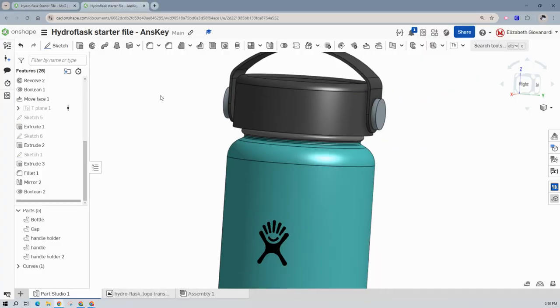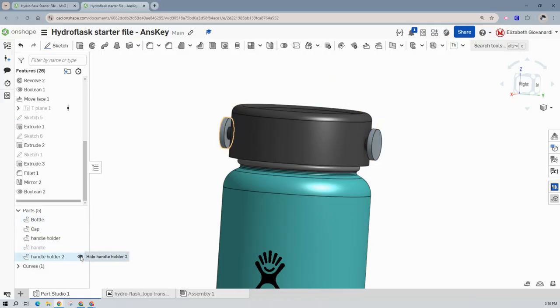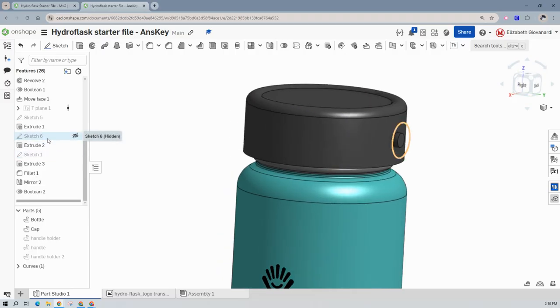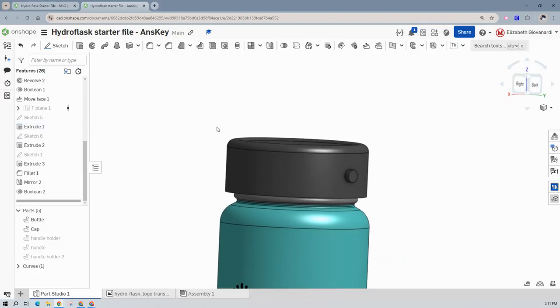Okay, so the way we're going to do that is you'll see here in what I call the answer key. Actually, let me hide these things. So you'll see I have this little black feature here. What's going on there is we have a sketch out on this plane, but the sketch, you want it to be exactly out on the outside of the cylinder, and you want it to be in the middle of that surface of the cap. So to achieve that,